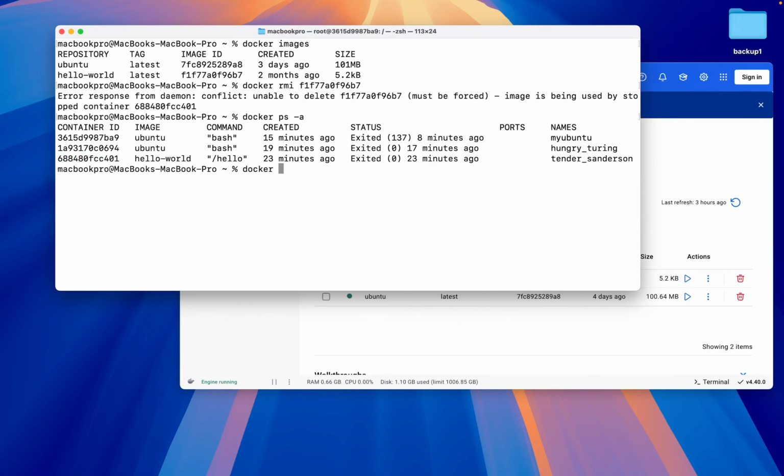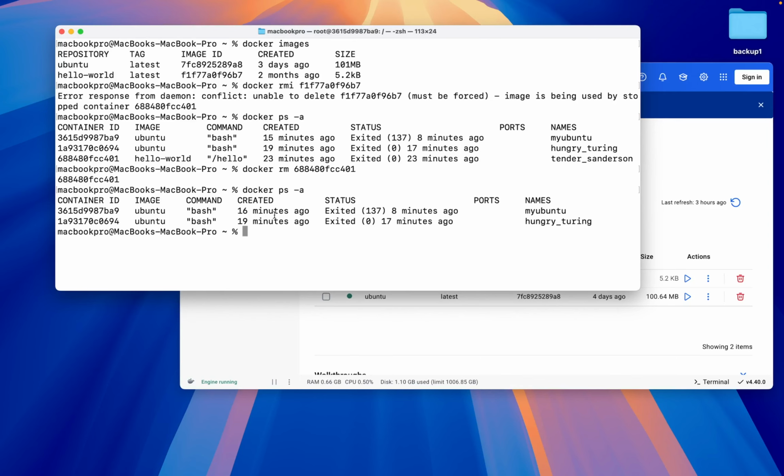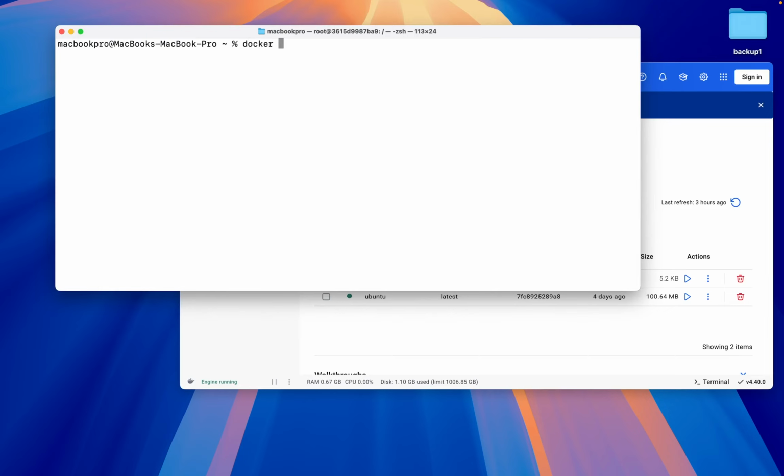docker rm. Okay, it will remove this container with the ID. I'm just going to paste it and hit enter. Then I'll just type the command again. There is no container. Now I will do clear and docker images,